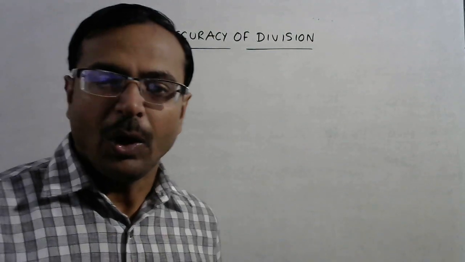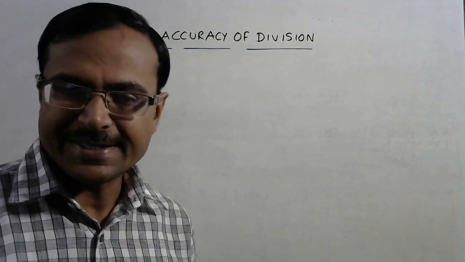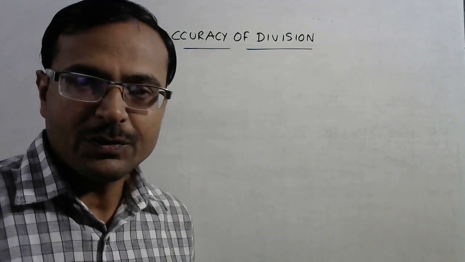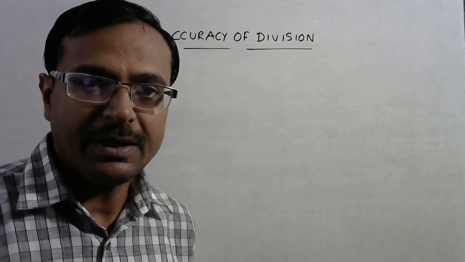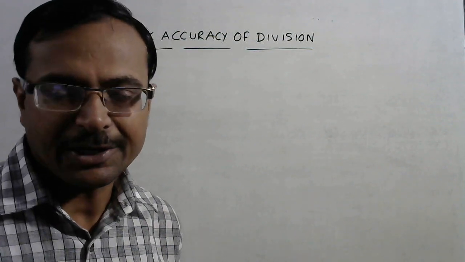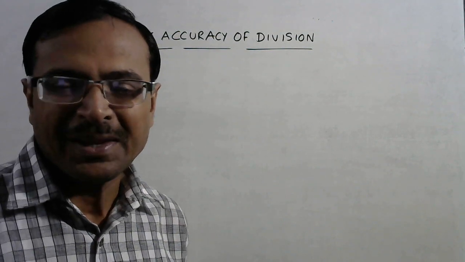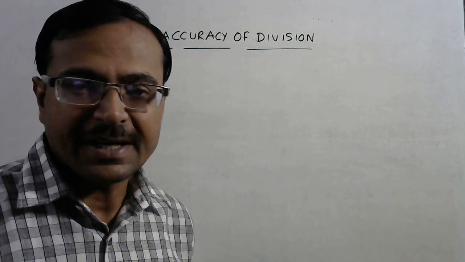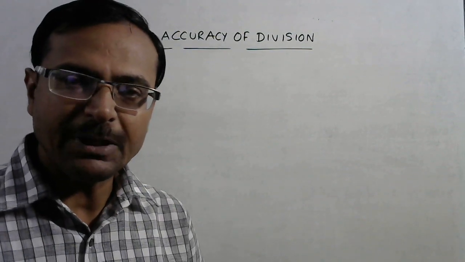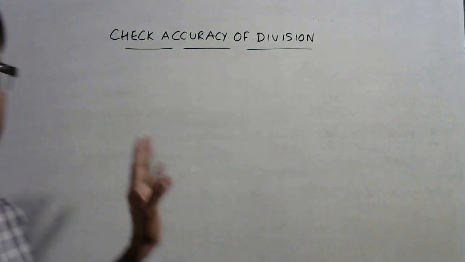Hello friends. Often students are confused whether the division that they have carried out is correct or not. So we need a method through which you can check the division process and whether the quotient and remainder you have obtained is correct or not. Vedic mathematics has the answer to this also. The single digit concept, a single digit number for every number, can be used to check the accuracy of division.